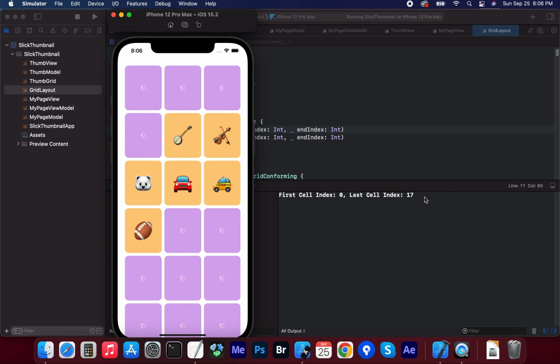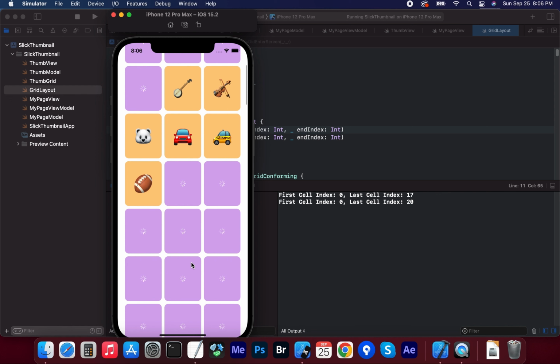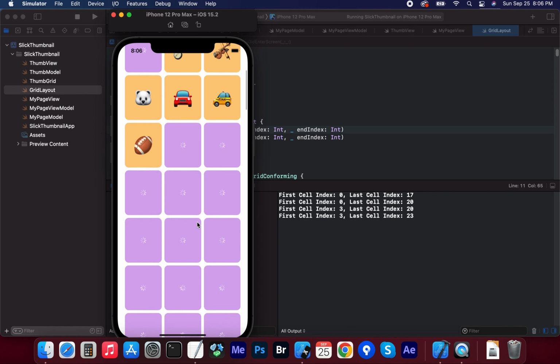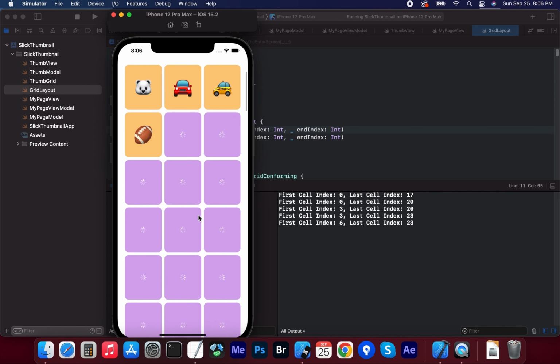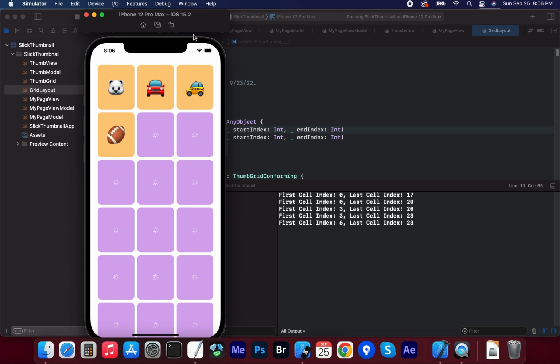Okay, 0 to 17. That sounds about right. So as we scroll, it became 0 to 20, then 3 to 20, 3 to 23, 6 to 23. Yeah, that looks right. Then when I rotate,